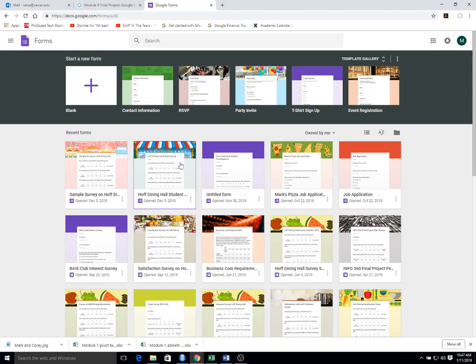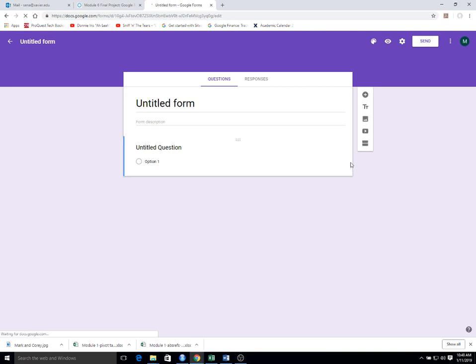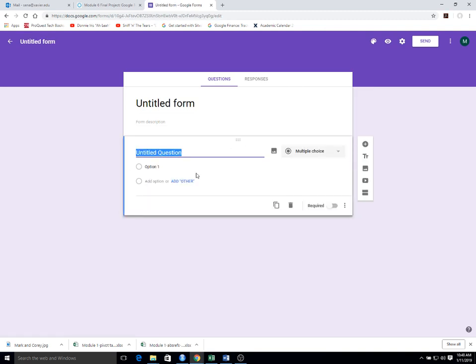Google Forms are a useful thing for personal use and maybe club or semi-professional use. Anything where you need to collect some information from a group of people online. So we're just going to use the blank form. I'm going to click on this little plus icon, and you can see it dives you right into making